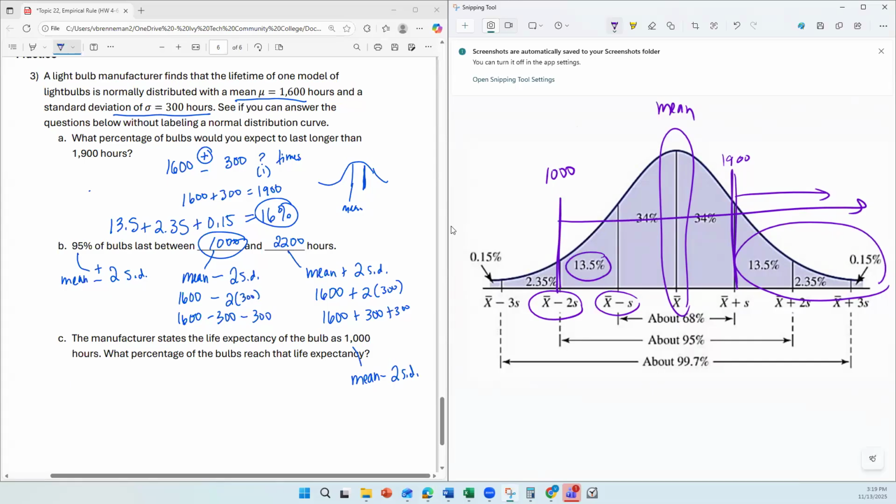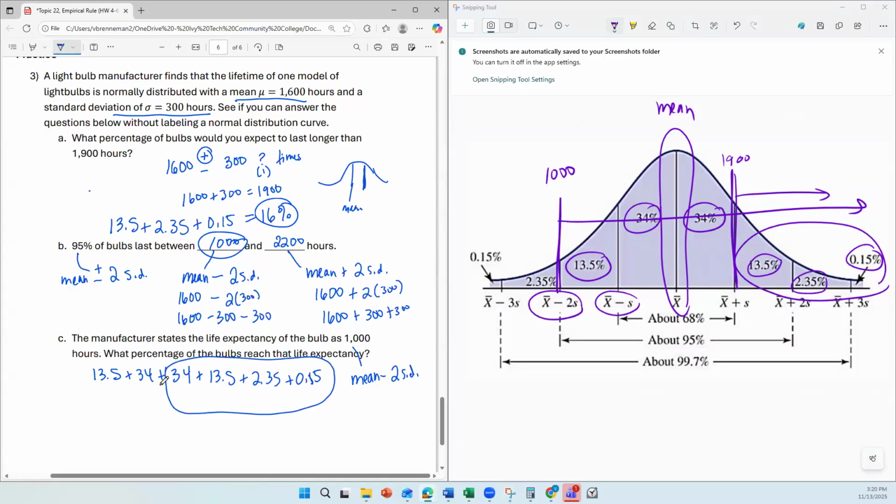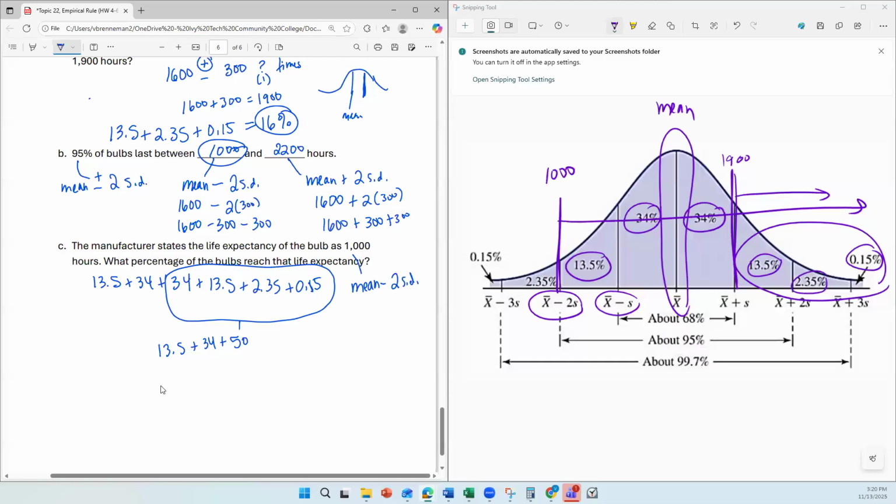So I could add up all of these percentages. So 13.5 plus 34 plus 34 plus 13.5 plus 2.35 plus 0.15. Or you might note that these are a full half, so these should add up to 50, and you can skip adding, like doing that addition. Or you also might say, well, this is